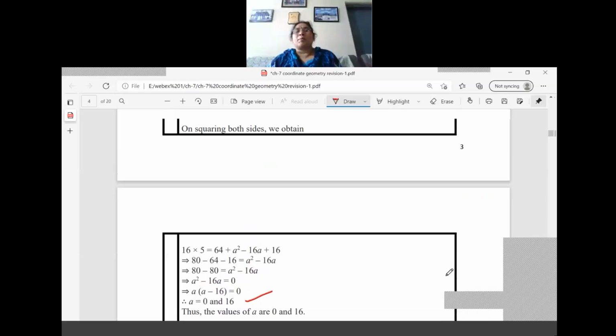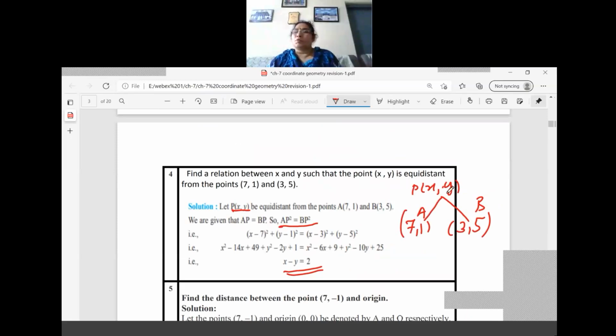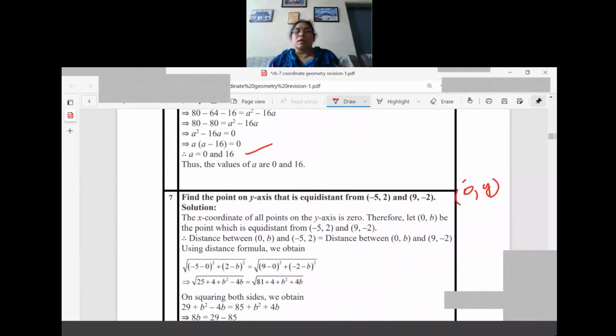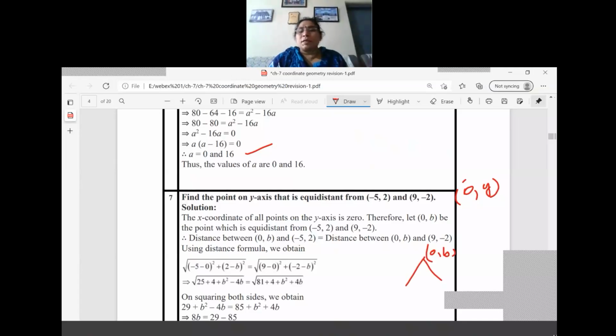Now the same rule we have applied here in this question number 4, we will make it (0, y) instead of (x, y), and apply the same rule in question number 7 also. So here it became (0, b) we have taken. Now what is the next coordinate? (Minus 5, 2) and (9, minus 2). Now why I'm writing this way is that it will be easy to go for the formula. See, (minus 5 minus 0) whole square plus (2 minus b) whole square only. (9 minus 0) whole square plus (minus 2 minus b) whole square. Otherwise we can write root of (0 minus minus 5), that is (0 plus 5) whole square, (b minus 2) whole square also we can write.